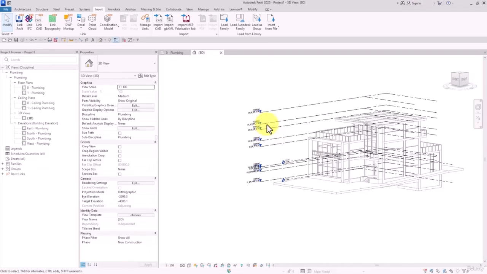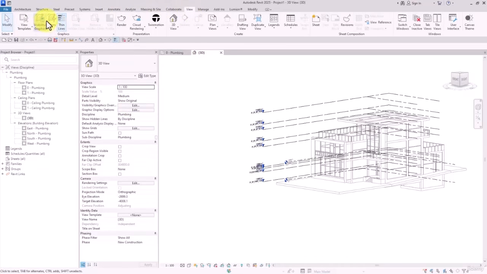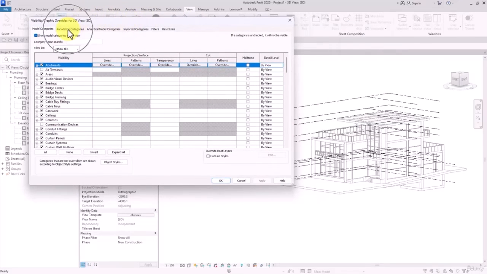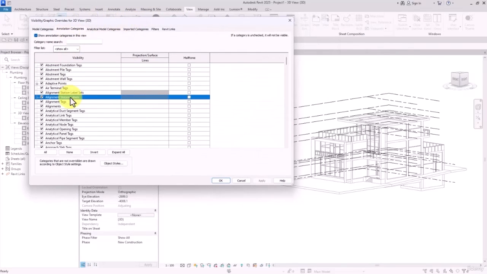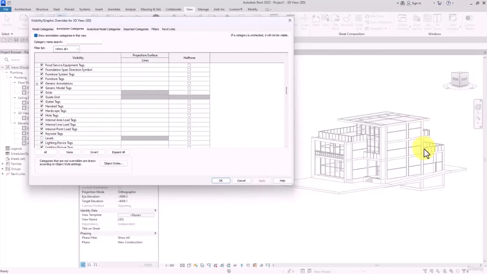And as I said, we don't really need to see them all. So I can go to visibility and graphics here, or we can actually open up its window from up here. It doesn't actually make any difference. Anyway, in this window from the annotation tab, I'm going to find and deactivate the level here. When we deactivate the levels from this window, all the levels that we have in our current view